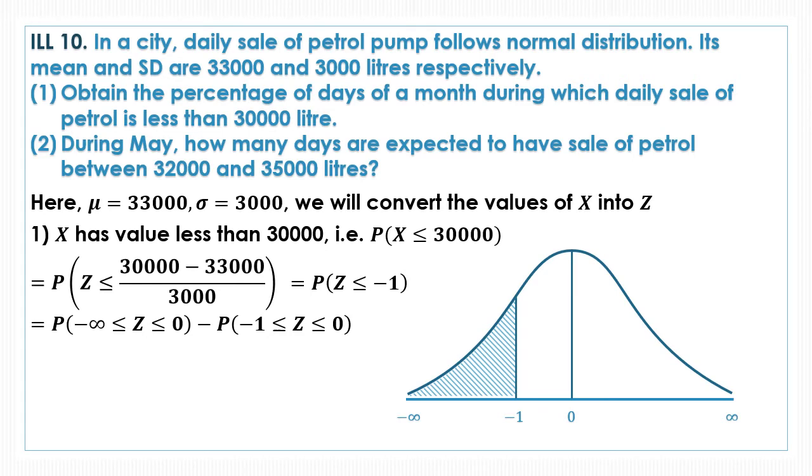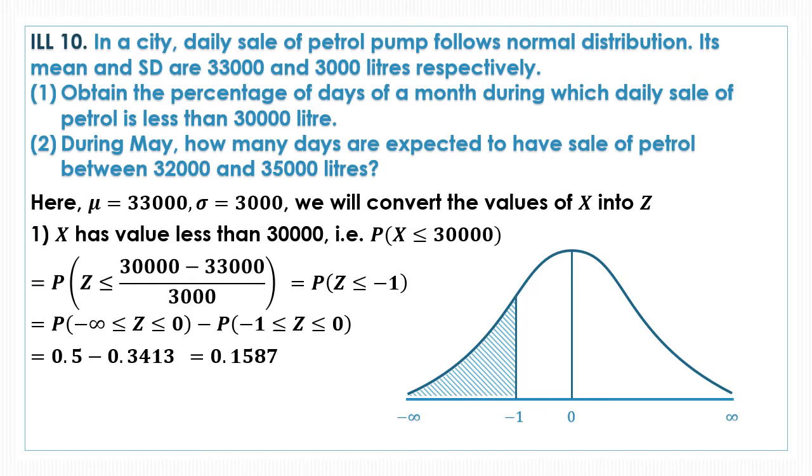So we will remove negative 1 to 0 from negative infinity to 0 to get negative infinity to negative 1. Now we know that negative infinity to 0 is 0.5 and negative 1 to 0 is 0.3413. This has been repeated many times, so we don't even need a table for that. But if you need a table, just check your textbooks in front of you. So the difference here is